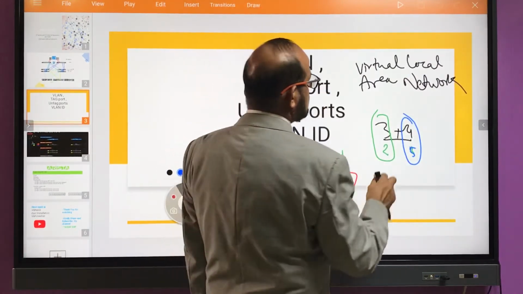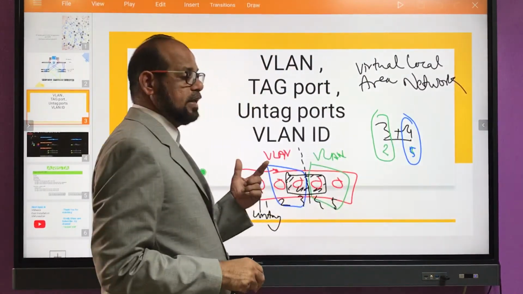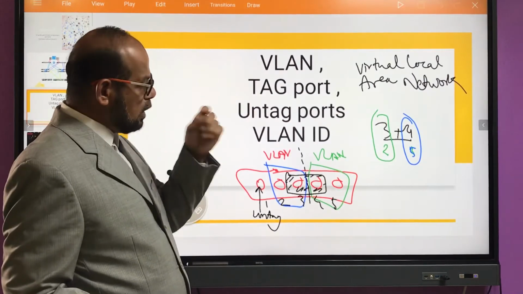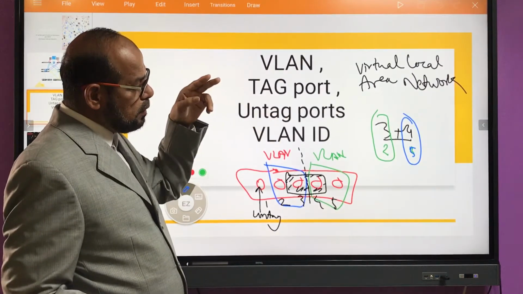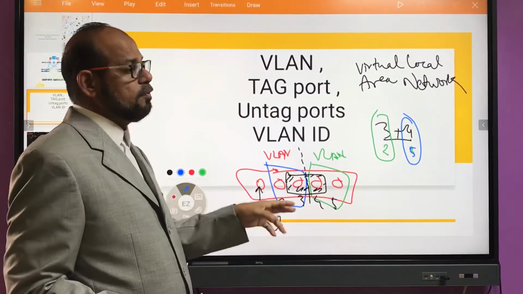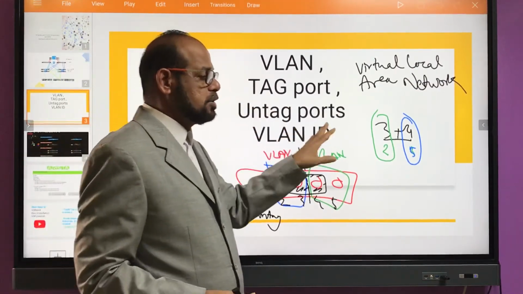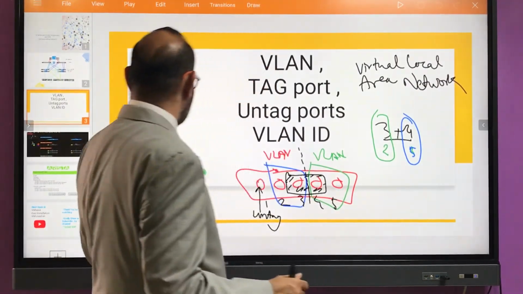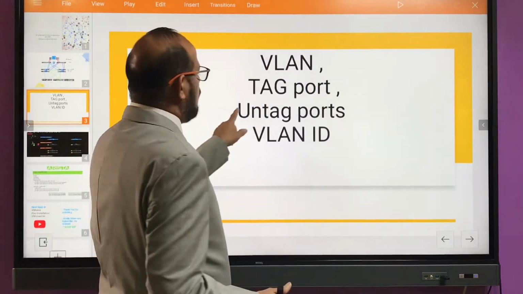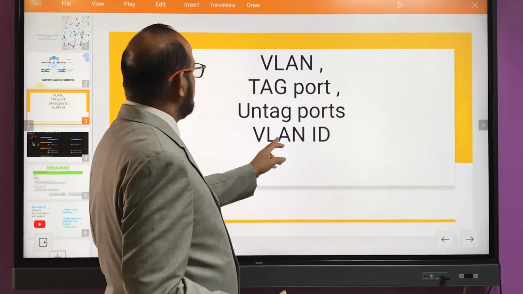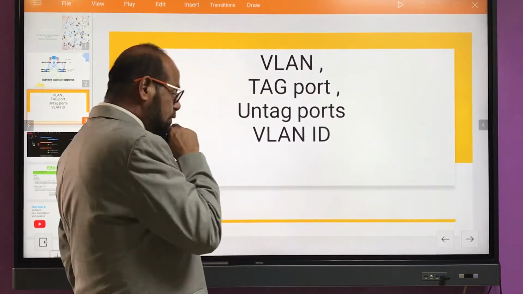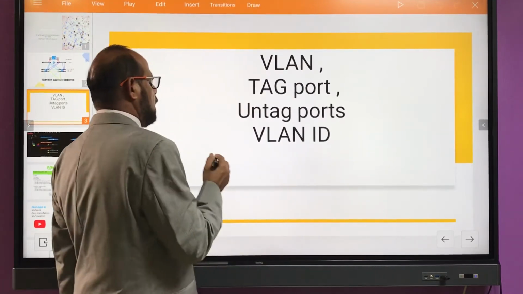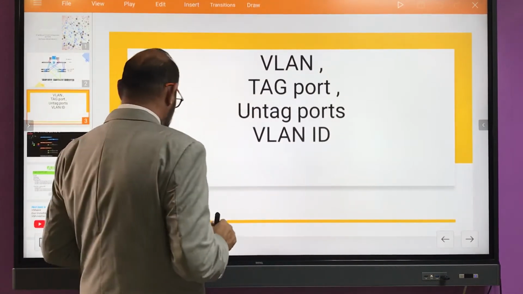So now these 3 and 4 are tag ports. They will be members of two different VLANs and will have information of both VLANs. Now, the untagged port, as I said. VLAN ID: every VLAN is assigned an ID. Whenever you say anything for a VLAN,